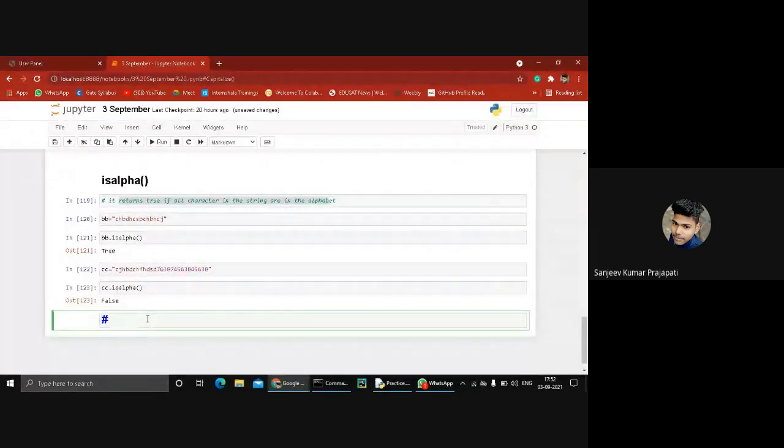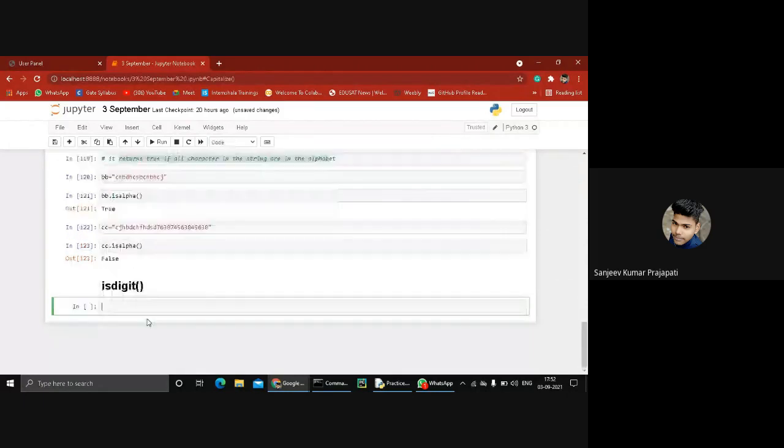So the next method is isdigit. How it works: it returns true if all characters in the string are digits.